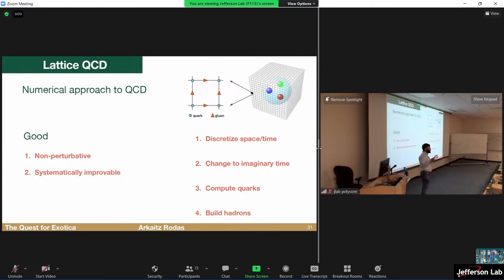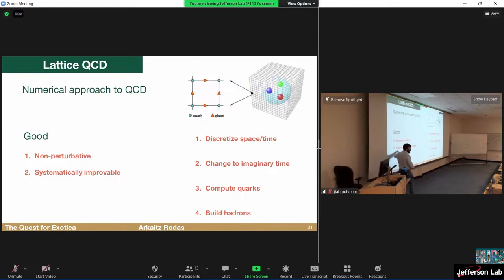Lattice QCD is a numerical approach to solving QCD. So instead of measuring a detector and everything, we're going to use a supercomputer. What we are going to do is our space-time is not going to be a box. Okay? A discretized box. So you're going to have some space-time points. The good thing about this is that it's non-perturbative, so we don't have to fight against things that don't want to converge because they are not friendly to us.